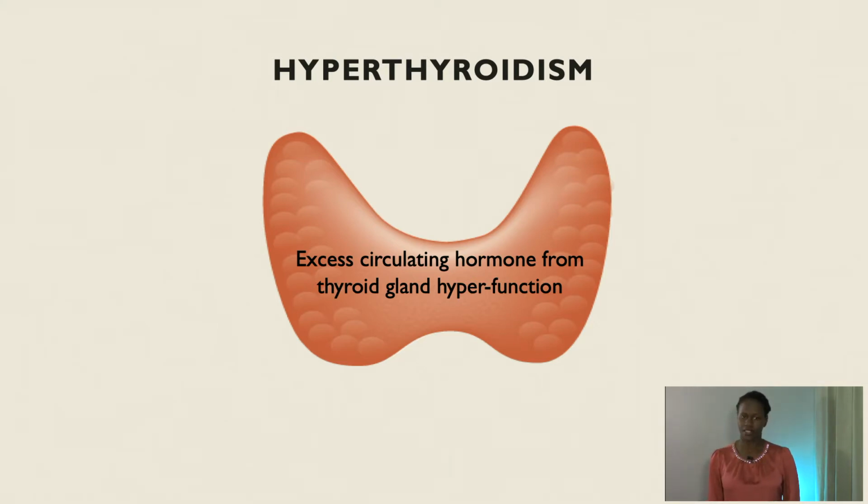And here in the United States, the most common cause of primary hyperthyroidism is Graves' disease, which accounts for about 85% of all cases in the United States. And with Graves' disease, that's caused by thyrotropin receptor antibodies that stimulate excess and uncontrolled thyroid synthesis and secretion of thyroid hormones. The second most common cause is actually the multinodular goiter in terms of other causes for primary hyperthyroidism